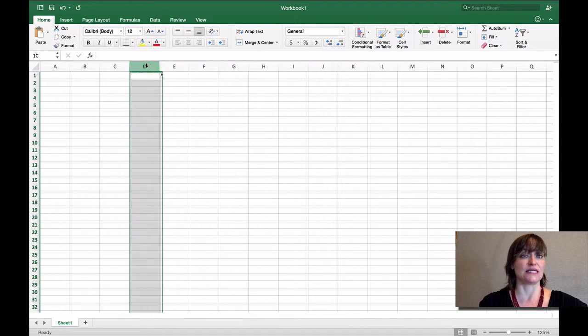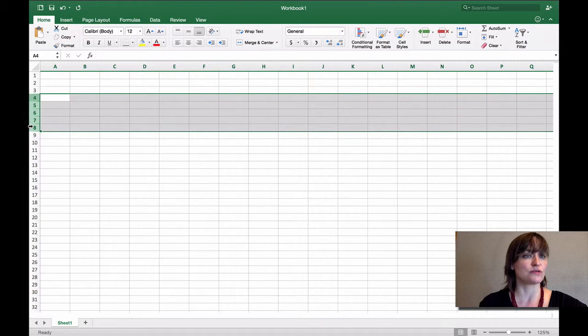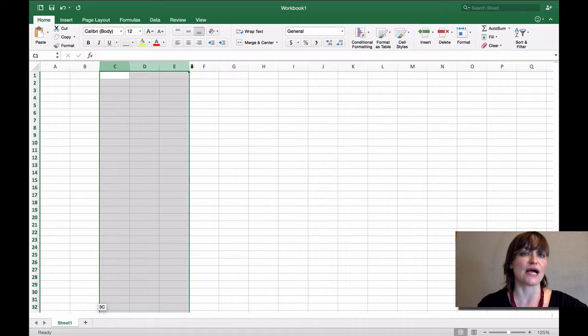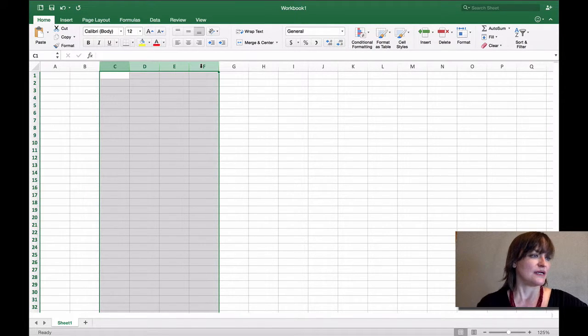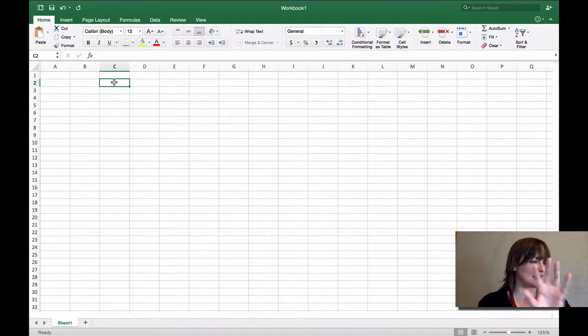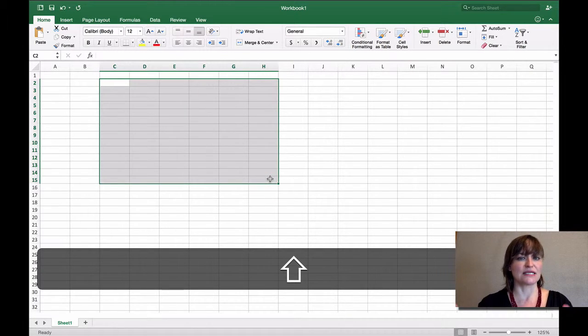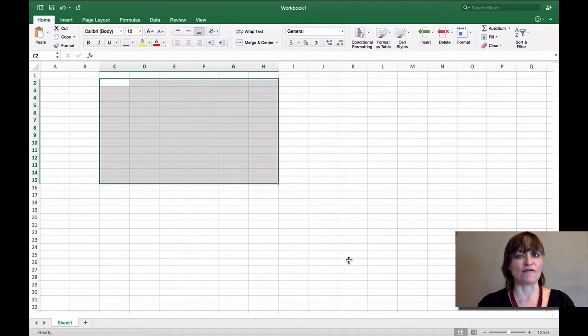I can select a continuous set of columns or a continuous set of rows by using that same click and drag and then let up. If I want to select a block and its click and drag isn't convenient, I can click in the top left cell and then take my other hand and hold down the Shift key and click in the bottom right cell, and that's going to select everything from the first cell to the last cell.